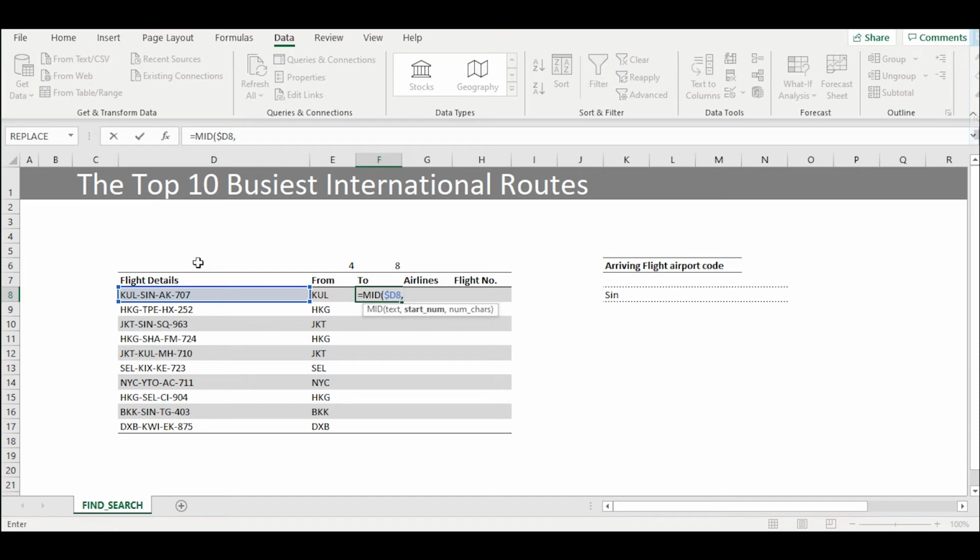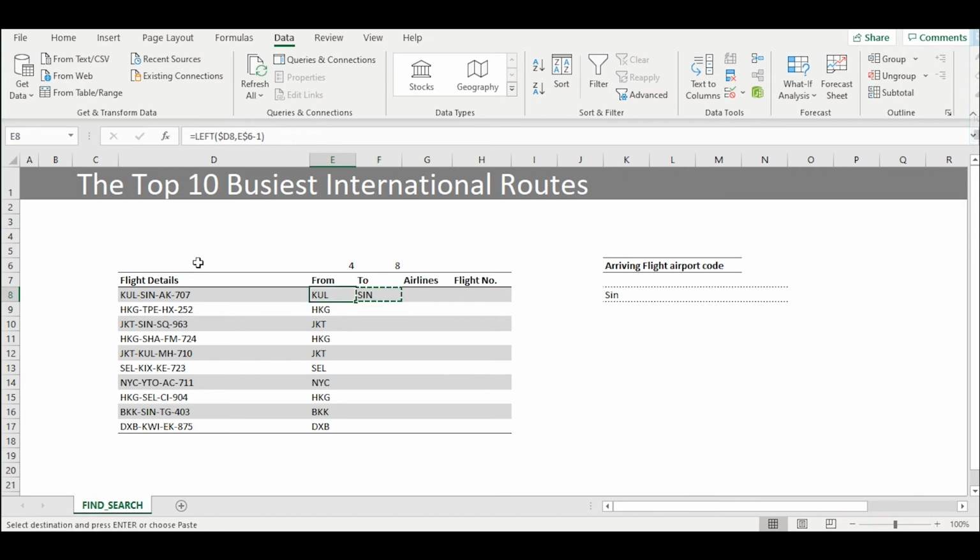We will link cell E6 and write +1. Now for the third syntax, where we need to determine the number of characters, we will write F6, which is 8, minus E6, which is 4. We will add a bracket and write -1, which will give us the mathematical answer as 3, and it will retrieve the airport code for arrival. We can again use the $ sign and drag the same to the cells below, and we will get our output.